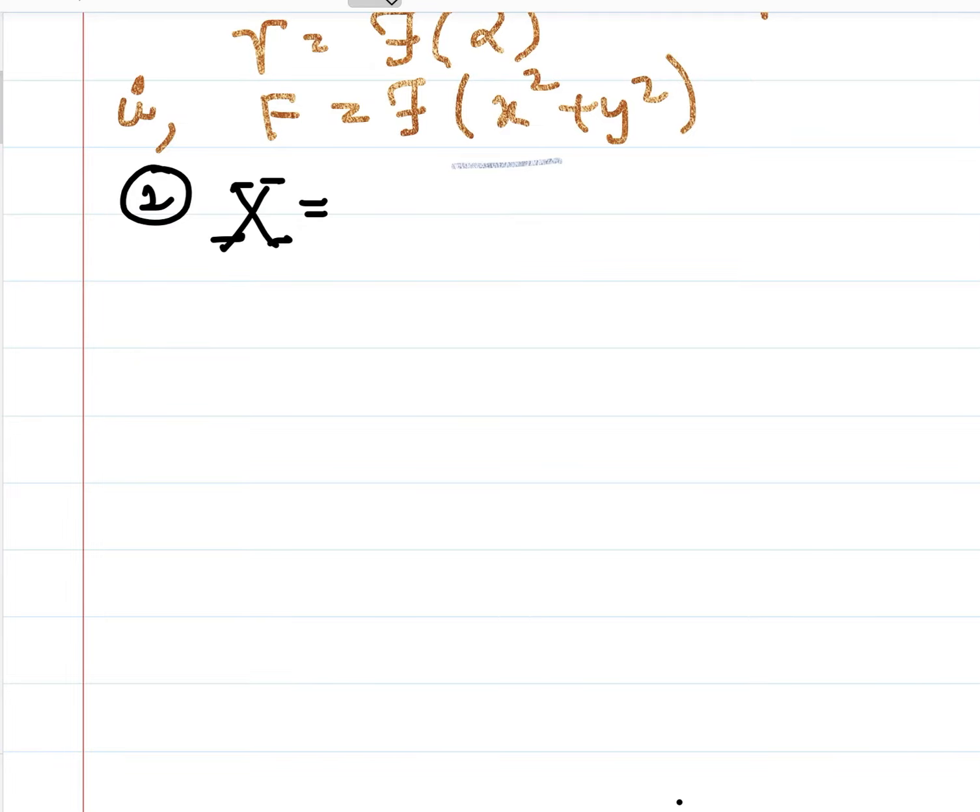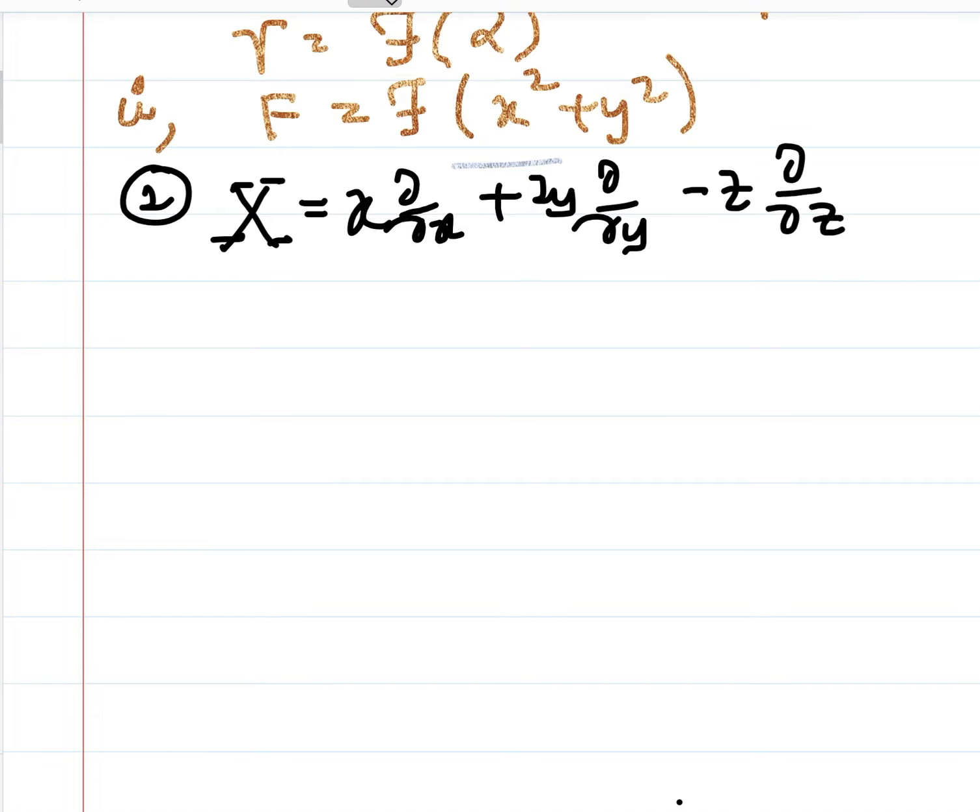So suppose the vector field is the scaling transformation given by, suppose, x d/dx plus 2y d/dy minus z d/dz. To find the functions left invariant under this vector field, so all functions,